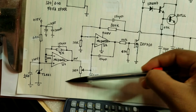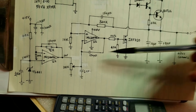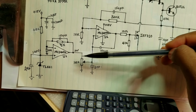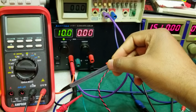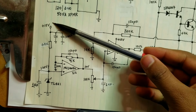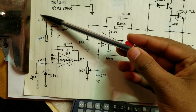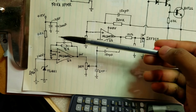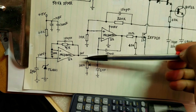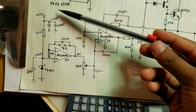This generates the required reference that we can use to vary the output voltage from 0 to 800 volts. Right now I haven't implemented this, so I'm just using my bench power supply to generate the reference voltage, just 10 volts at the moment. But when I'm doing the implementation on the final project, I should be able to construct this part using a reference voltage TL431 to give me the required 10 volts from a 15 volt supply, which I will also design using another